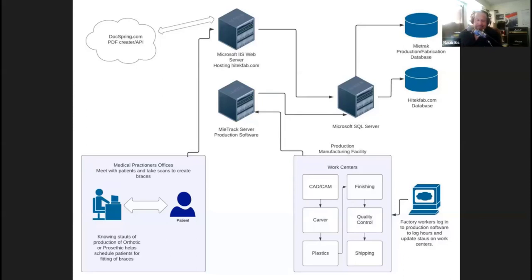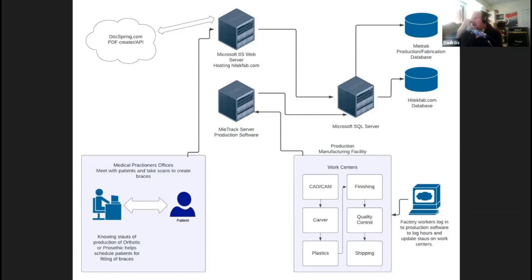And there are different stages. When the doctors and practitioners are seeing their patients, they order, and then they have to figure out when to schedule them back, because they have to come in and fit the brace, making sure everything works correctly. With this system, I've been able to integrate it so that they can look at the production system and see where it is within the workflow, so that they can better schedule their patients to come in and when they need to come in next. Instead of waiting until they actually get the prosthetic, they can better calculate it. Once we walk through the site and see how it works, you'll better understand it.